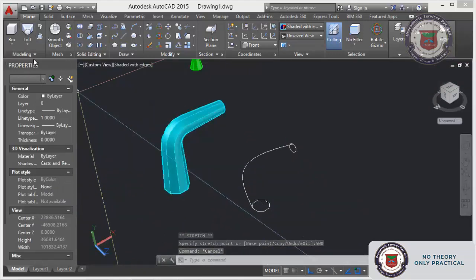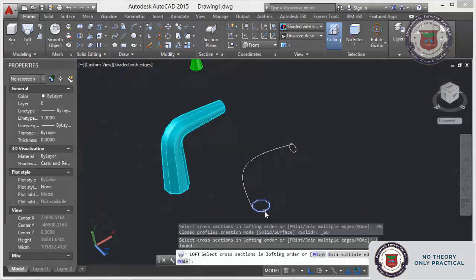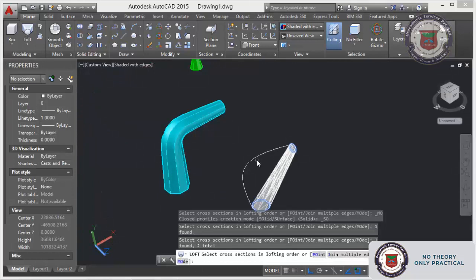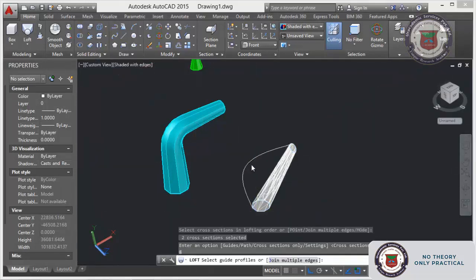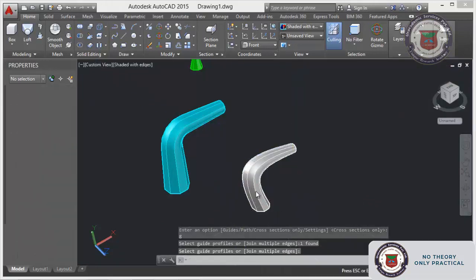Now select this one and this, enter, give guide. See, this is the guide command.